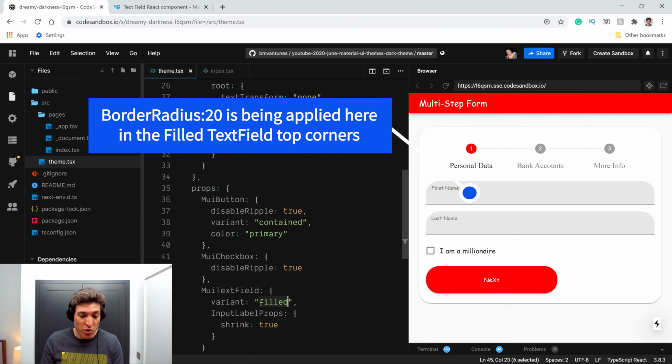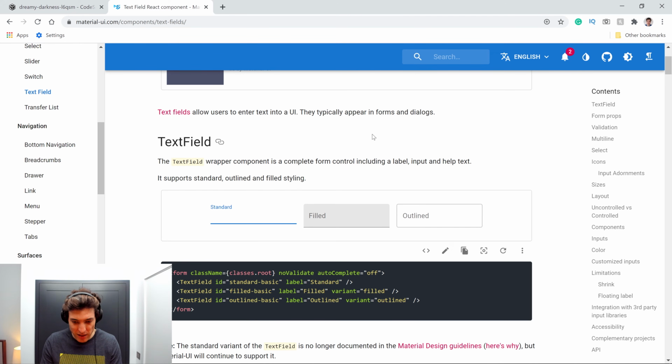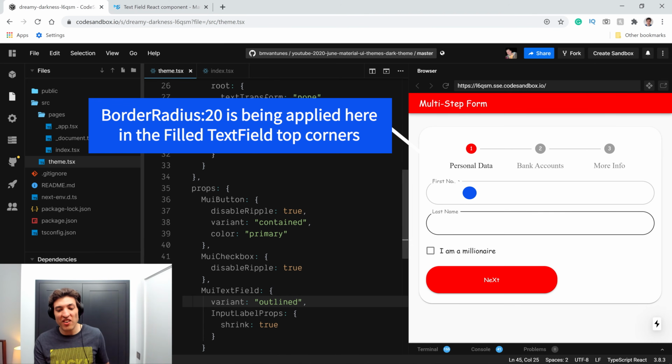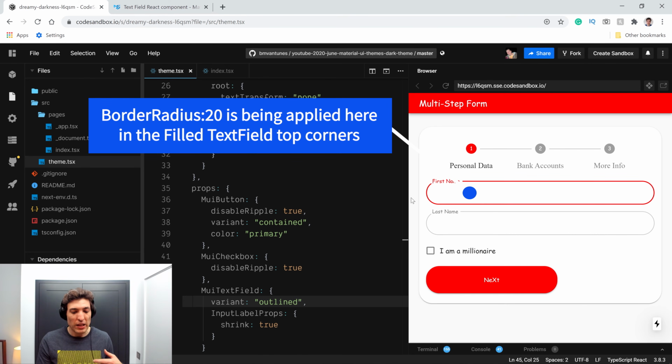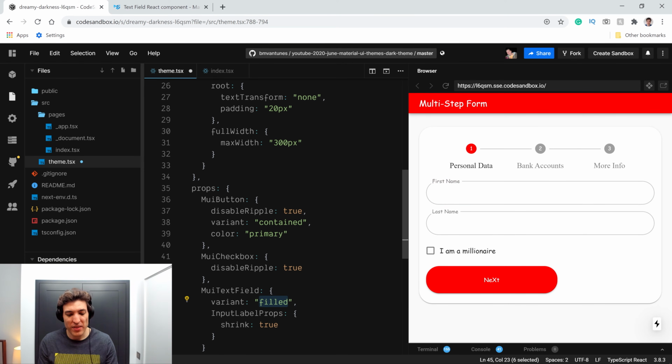You can also use the outlined. As I said, usually the outlined is the one I have been, it's outlined. I think it is outlined, right? Outlined. Yes, it is outlined. So usually it is the one that I have been more successful with. You remove the border radius, as you may imagine, and then I have been quite happy with that one with designers, right?